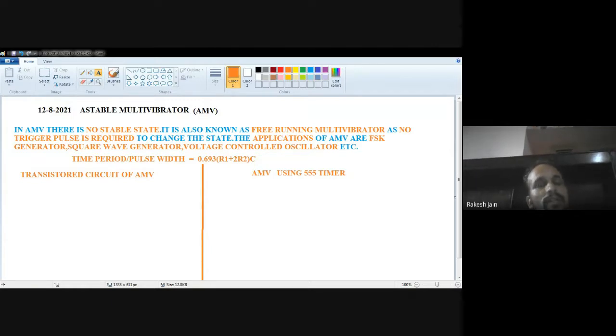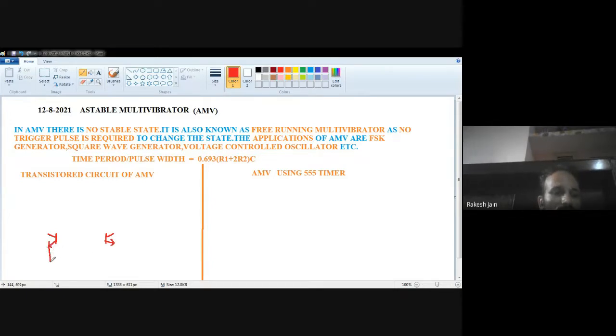And their devices are cross coupled via the capacitors. So what I want to say is, when I want to draw the diagram of a transistorized structure of an astable multivibrator, I must include two amplifying devices. The two amplifying devices can be a transistor or a vacuum tube. So here I draw two transistors and both are in common emitter configuration, both are NPN. Both are in common emitter configuration, that's why the emitter is common to ground.